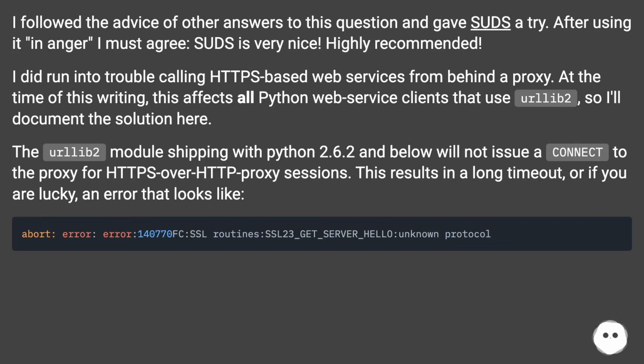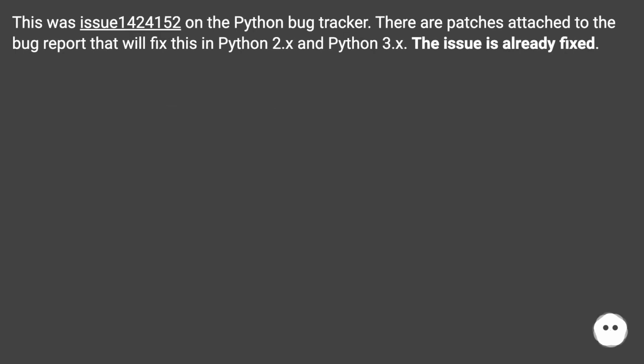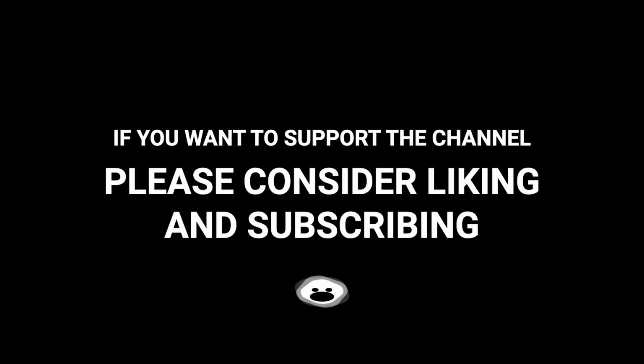At the time of this writing, this affects all Python web service clients that use urllib2, so I'll document the solution here. The urllib2 module shipping with Python 2.6.2 and below will not issue a CONNECT to the proxy for HTTPS over HTTP proxy sessions. This results in a long timeout, or if you are lucky, an error that looks like this. This was issue 1424152 on the Python bug tracker. There are patches attached to the bug report that will fix this in Python 2.x and Python 3.x. The issue is already fixed. If you understand